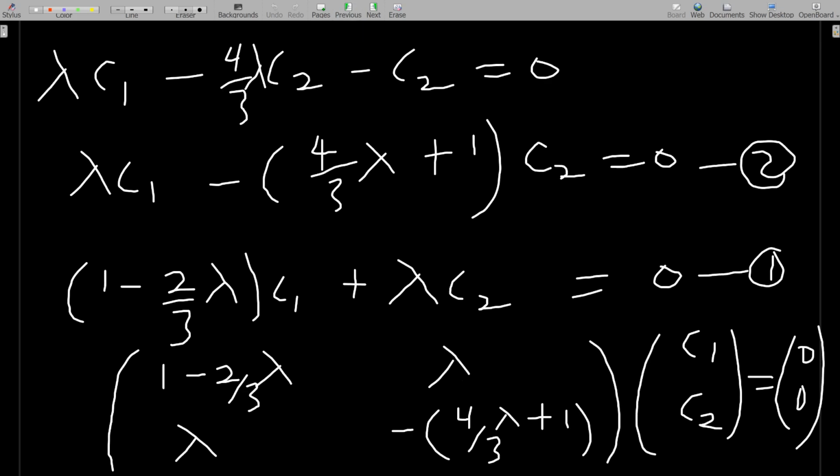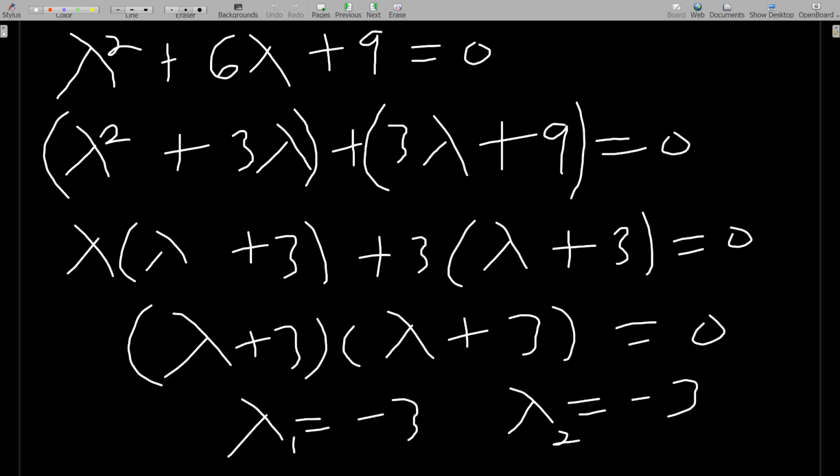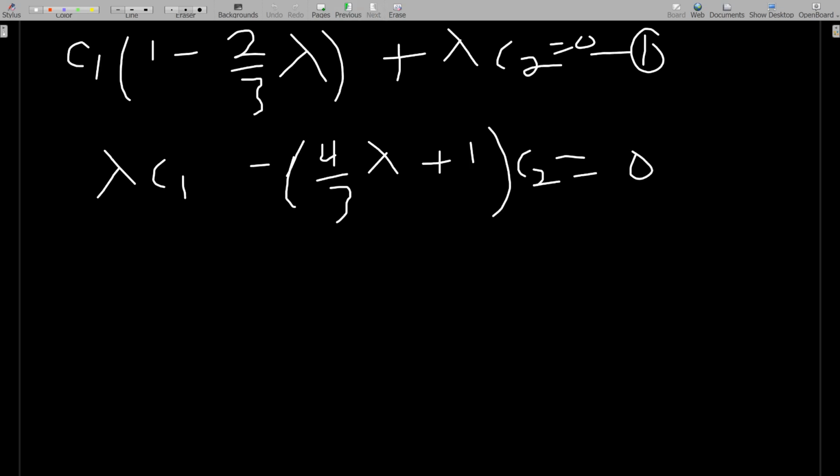Where is our c1 c2? The first equation is 1 over 1 minus 2 over 3 lambda, like that. Okay, everything is cool, I think so. So this is what we have, so lambda is equal to, we have repeated roots, -3, right? So you come and put -3 here, and when you put it in the first equation in place of this lambda,